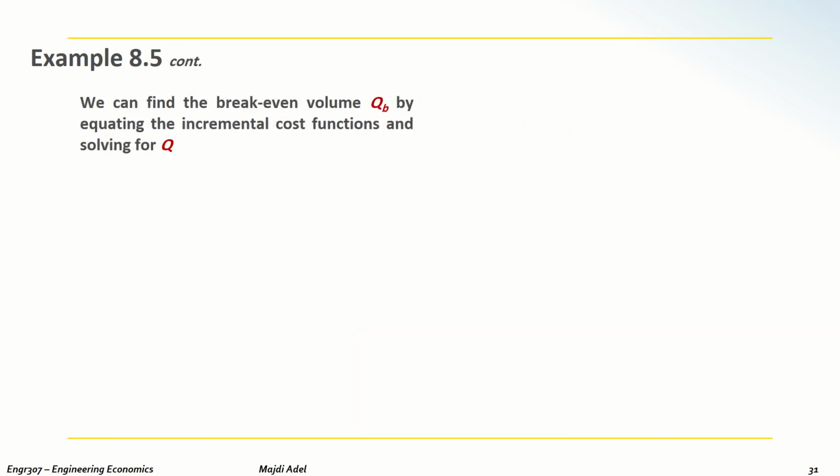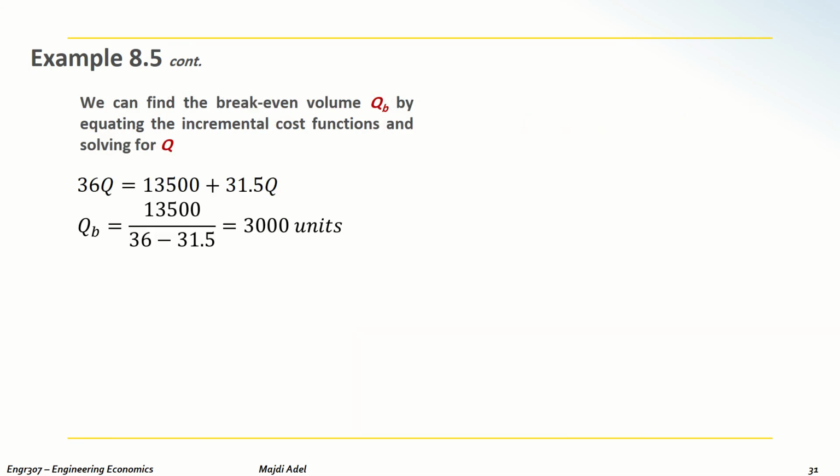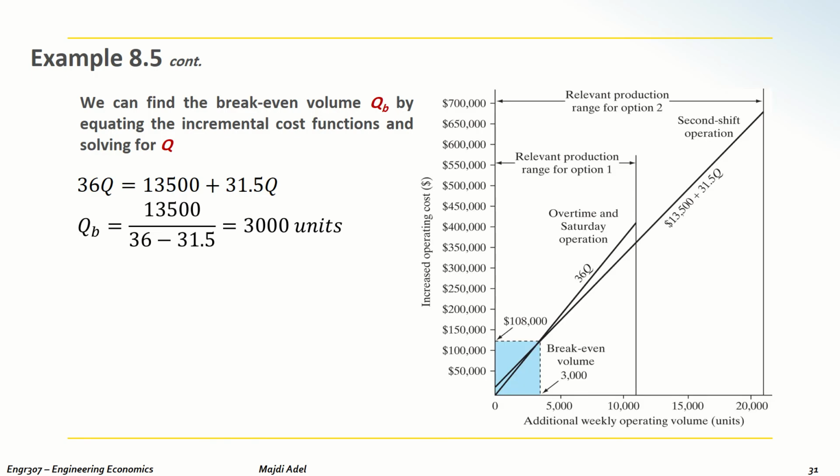Okay. If we solve it, we will find that the break-even volume that makes the cost of the two options equal is 3,000 units. This means if I produce 3,000 units per week, the cost of the first option is the same as the cost of the second option. So at what production volume is the second shift more profitable? For example, if I produce 1,000 units,